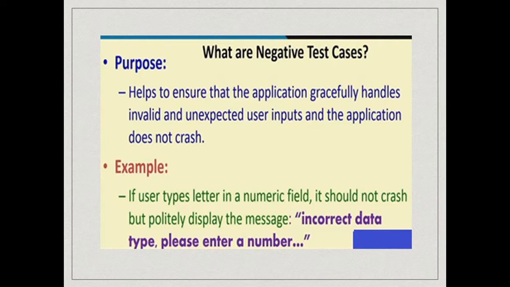For example, if the number of books to be issued is to be entered, and the librarian enters, let's say, instead of a number, an alphabet like B or something by mistake, then the system should not crash. So the aim of the negative test case is to give some input which is not really correct input as per the SRS document. These are the wrong inputs, but just to check that the system behaves acceptably and does not crash.